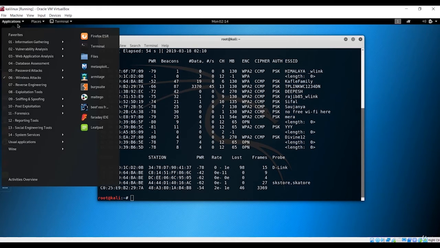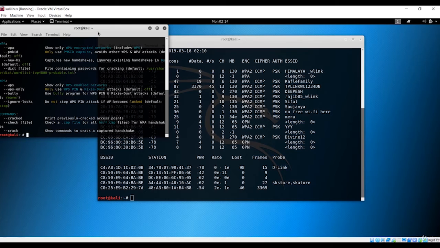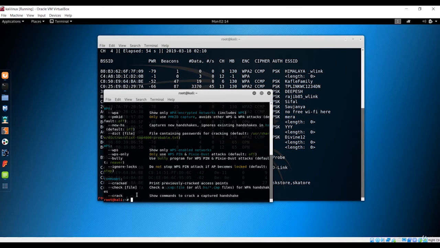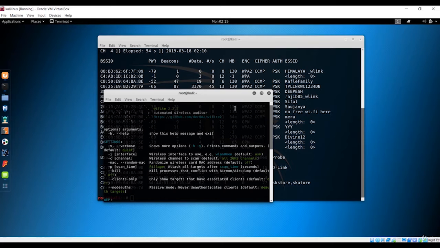Let's go to the last application that we have here, and it is this Wifite. It is right here. This is similar to that of Reaver. It will also open in the terminal. You can see all the applications. It is also saying verbose. You have to give the client-only check, and you can use this WPS in order to show the WPS enabled networks only. So you can just crack WPS enabled networks with this Wifite. It is a very easy process. You can do similar with this Wifite too.